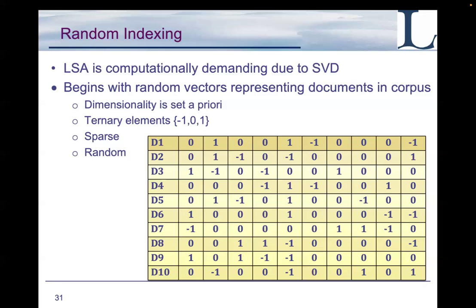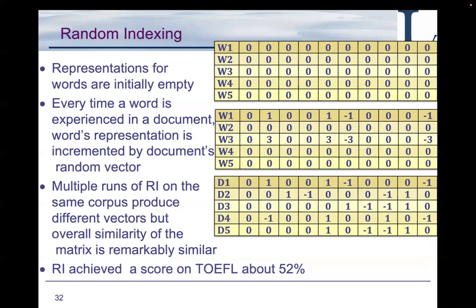And what you do then, you have a table of terms initially initialized to all zeros, so you don't know the embeddings yet, and now you scan